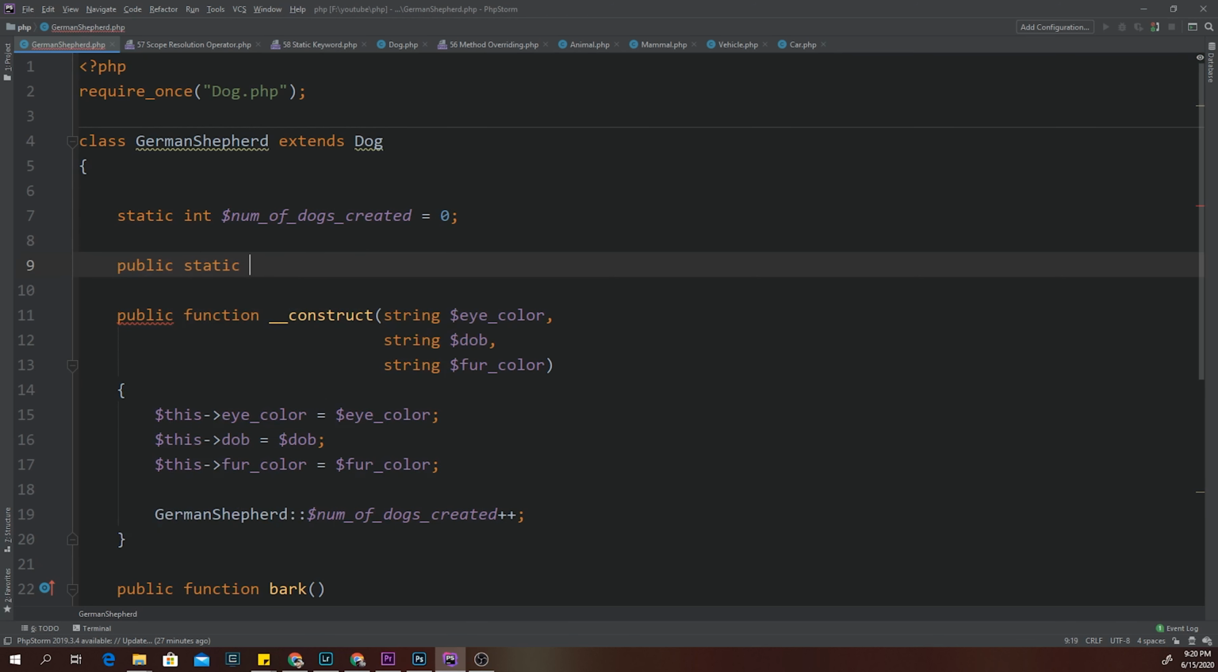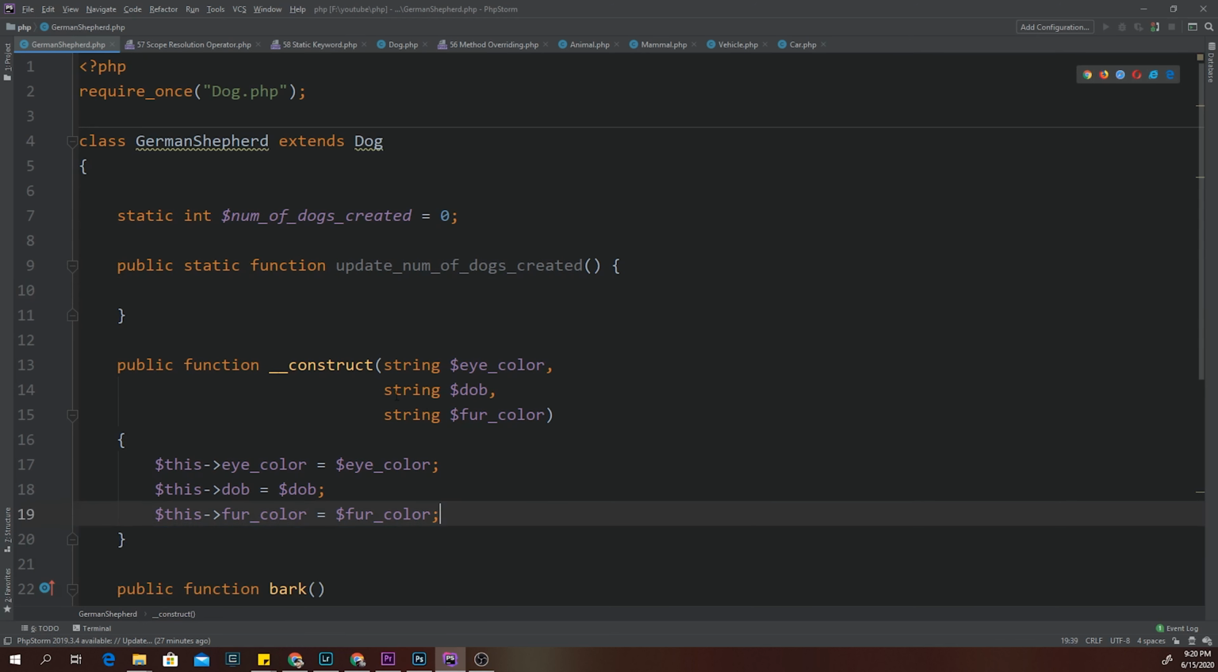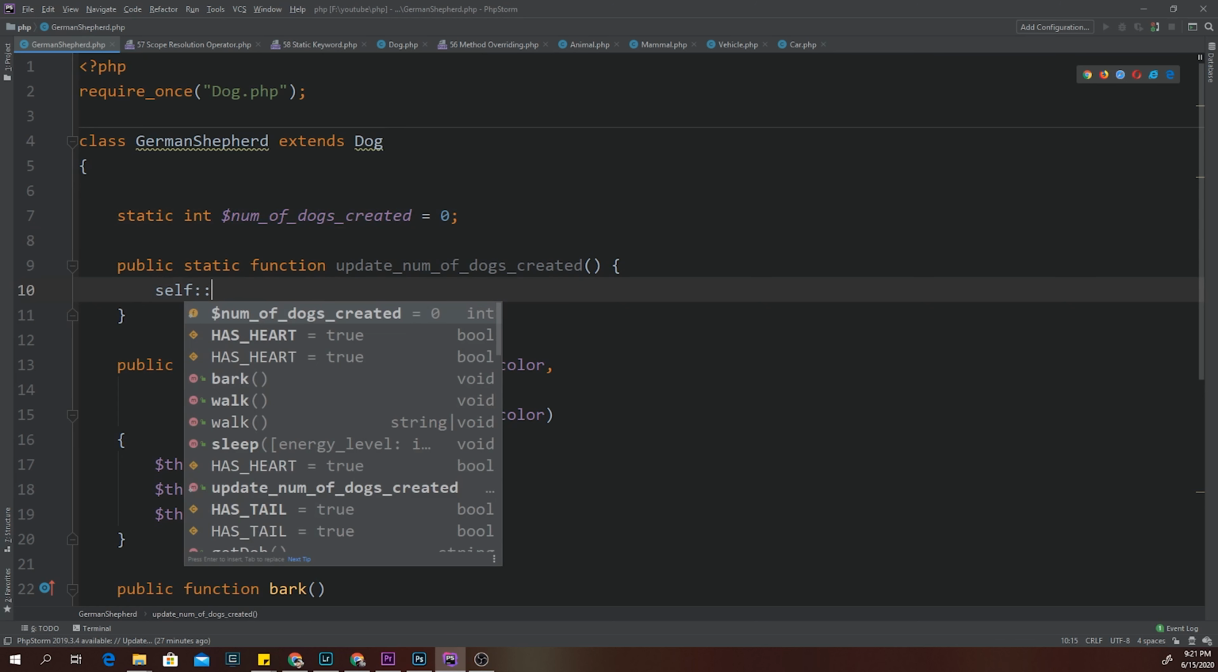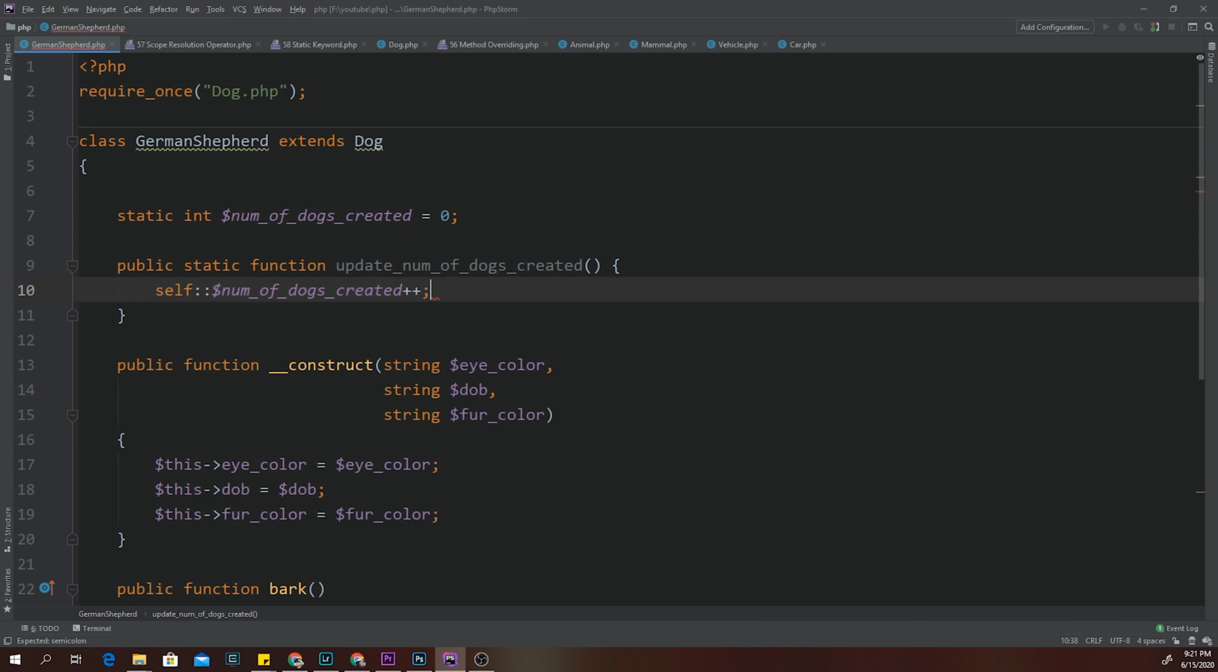So we'll create a public static function, for example, update number of dogs created. And then we're just going to be updating this number of dogs created. Because it's within the same class, we could just use the self keyword followed by number of dogs created followed by ++. Now we're just saying, hey, this number of dogs created static property is inside this class, so use the self keyword. As you can see, we're actually using the $ sign afterwards. This is a little bit different than when we were using this. We stripped that $ sign from the property name, but in here we actually keep it,